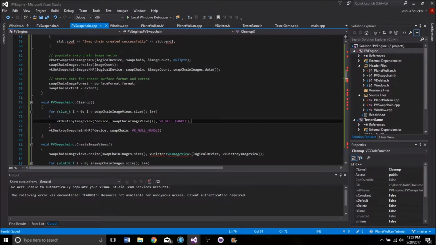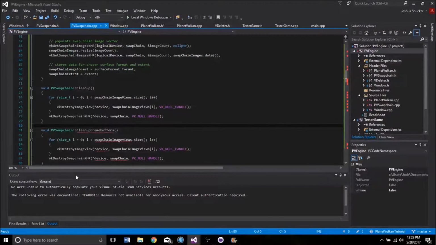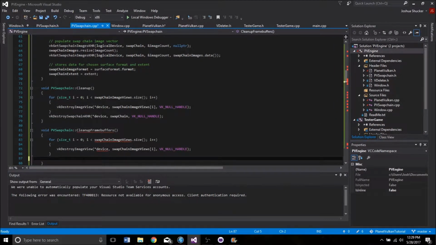So now that'll iterate through, take care of each image view one by one. I totally forgot to put a semicolon there. Don't do that. And then this isn't the best way to do it, but for the moment I'm also going to add a separate function for cleanup frame buffers. Now I'm doing it this way because later on when I call cleanup for the swap chain from Planet Vulkan,